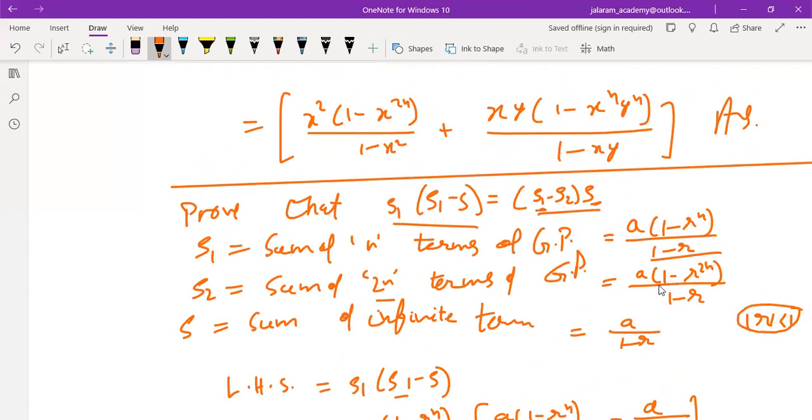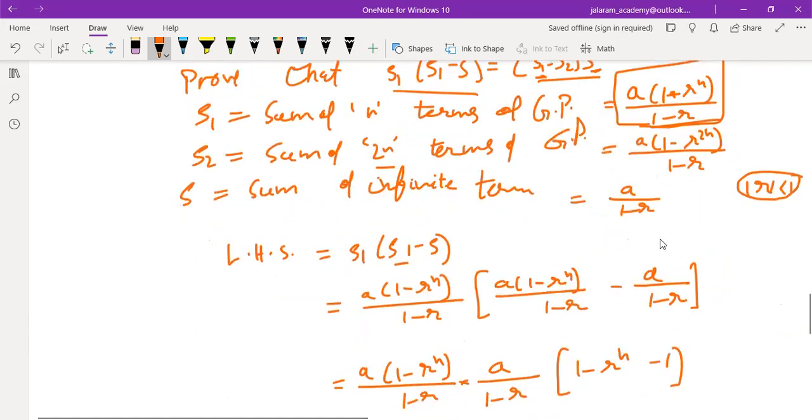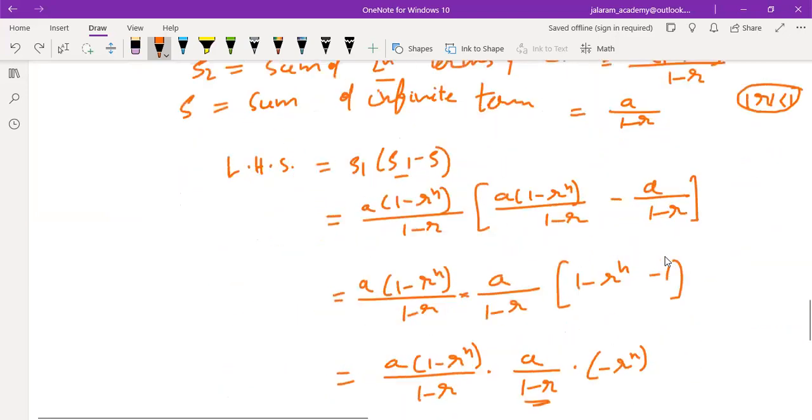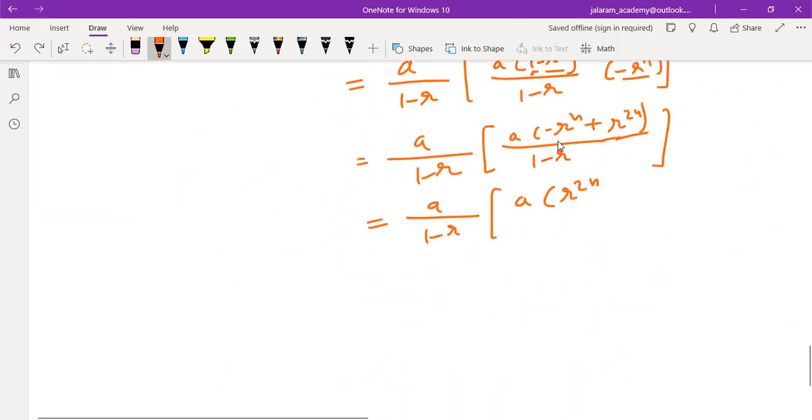S1 is A into 1 minus R to the power n upon 1 minus R. Okay, so it is also 1 minus R to the power n. So when it is already 1 minus R to the power n and we have minus R to the power n in our calculation, if we add 1 and minus R to the power n is already there, and then we subtract 1, 1 minus R to the power n minus 1 plus R to the power 2n over